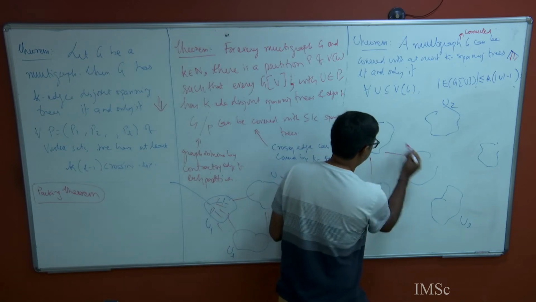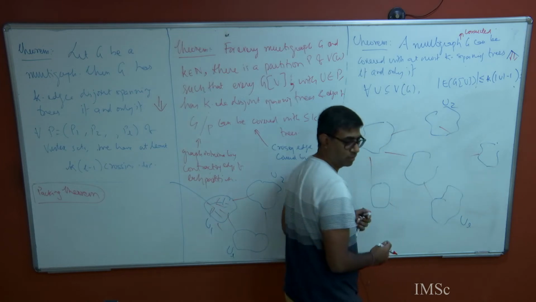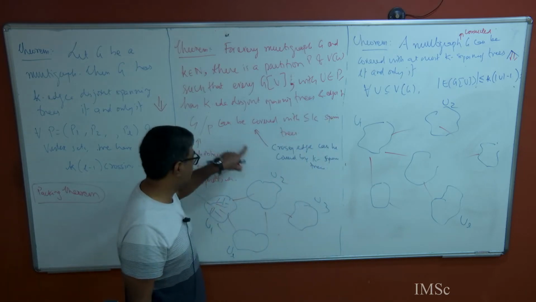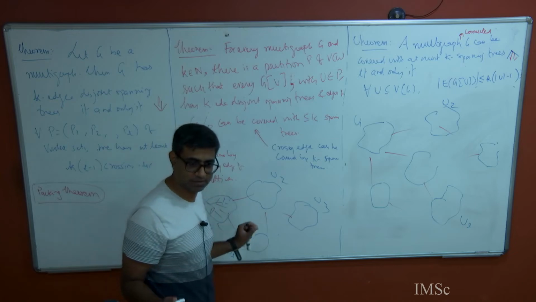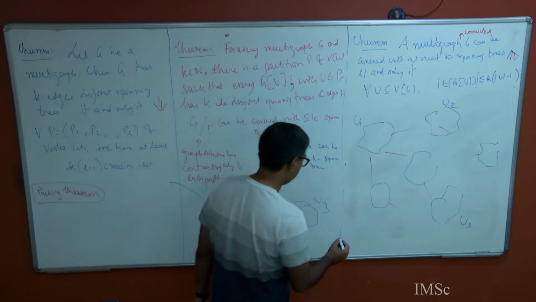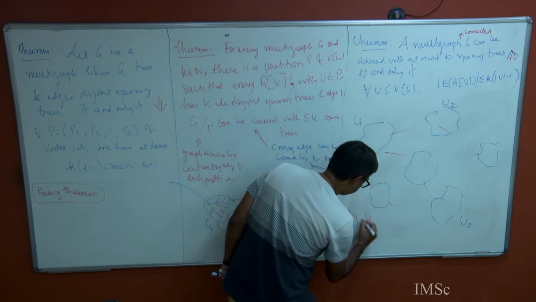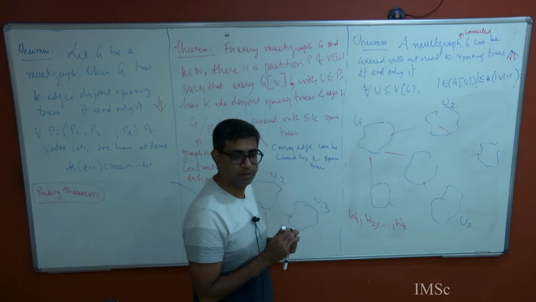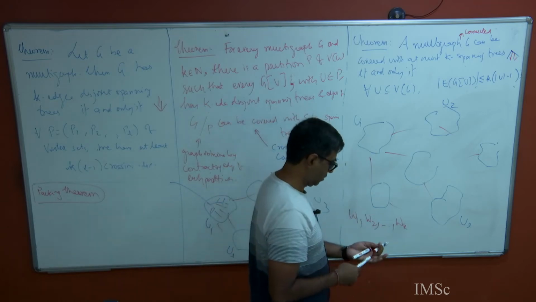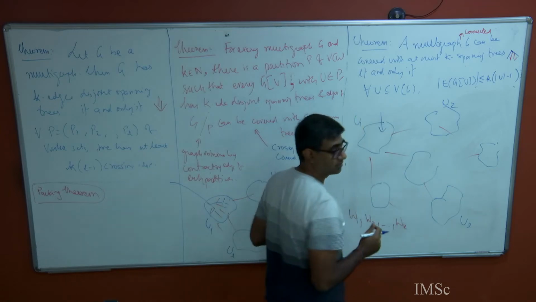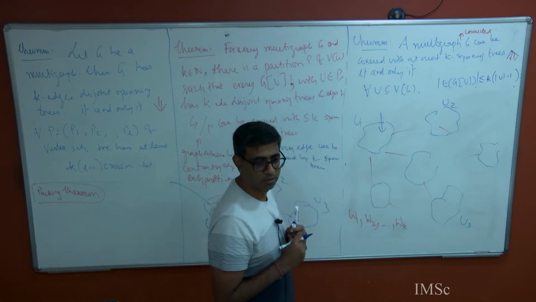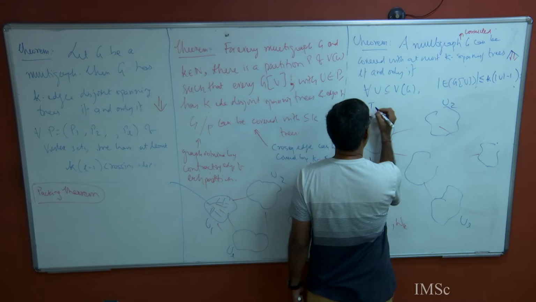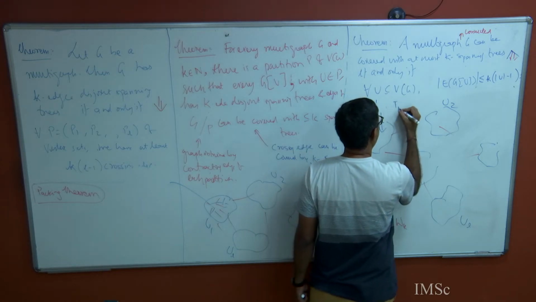So look at the crossing edges. By definition, they are covered by k spanning trees. Look at this theorem. All the crossing edges can be covered with k spanning trees. That's what it says, right? So let's keep that. Now let's go back to each of these guys. What does the theorem tell us? They have k edge disjoint spanning trees. So let's give them names again, T1 1, T1 k here.